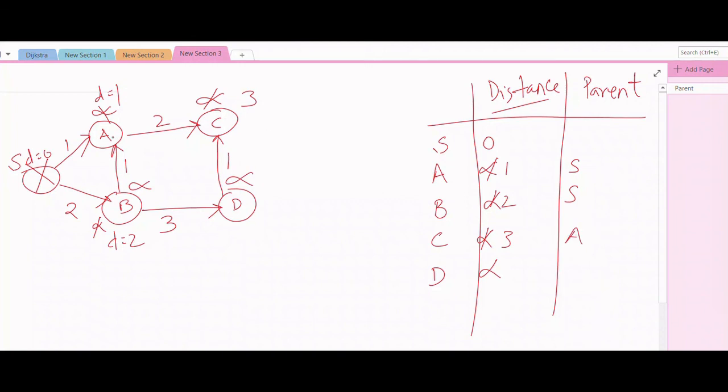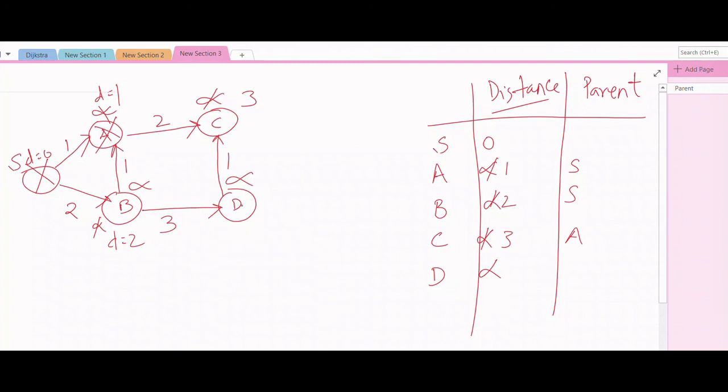Now I'll mark A as done because there is no other node to explore from A, and I'll see which has the lowest distance. I see that B has the lowest distance, and I'll start my journey from B now. From B I can go to D and I can go to A. A is ruled out because it is already visited.